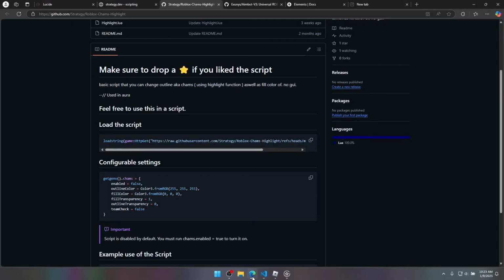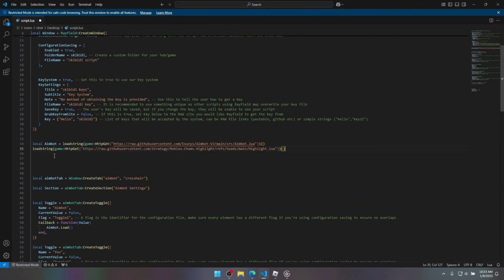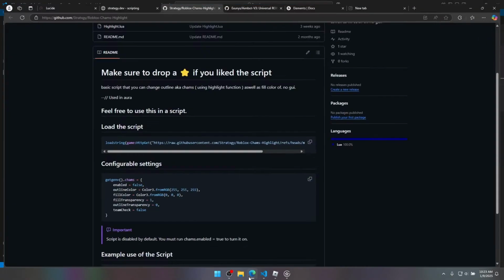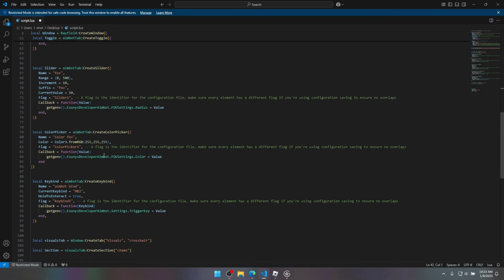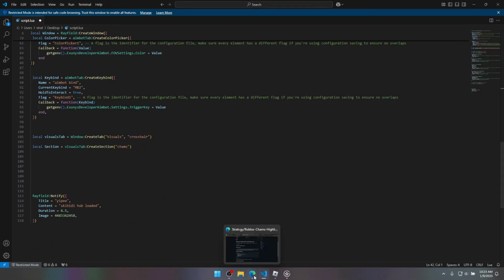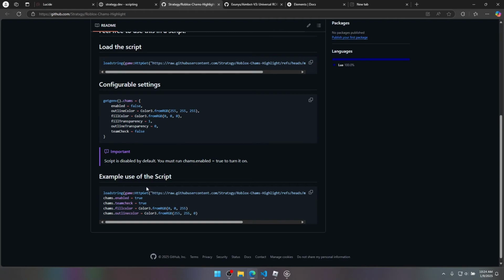And now what we can do is load this up. Let's go up here. Bank. Local. What's it called? Chams equals that. So whenever you put getgenv.chams, it's gonna go, oh wait, I remember, it's right here. Yes, so